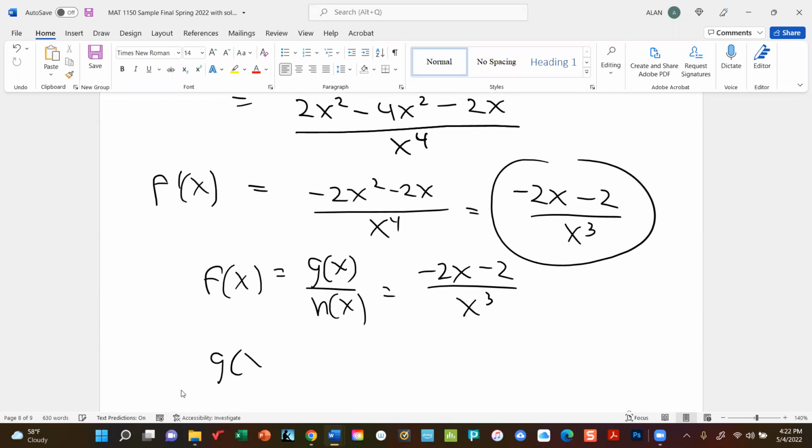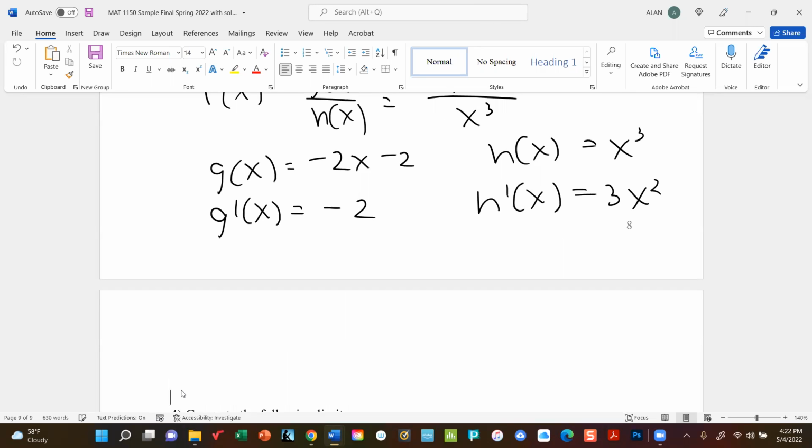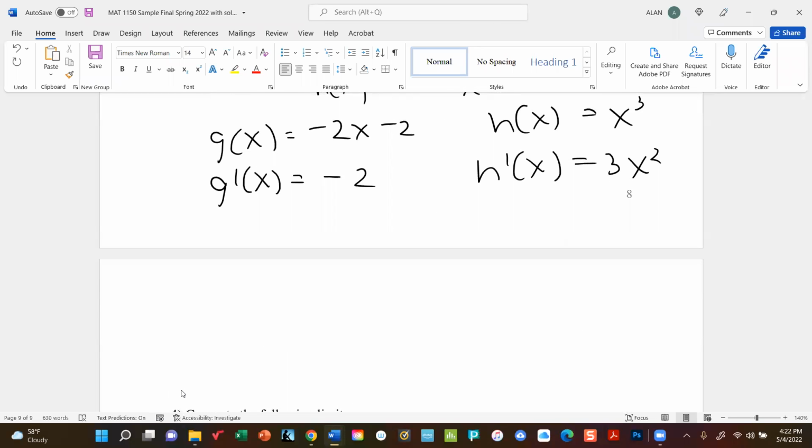So g of x and h of x. G prime of x is minus 2. H prime of x is 3x squared. So when we plug these in, we'll have